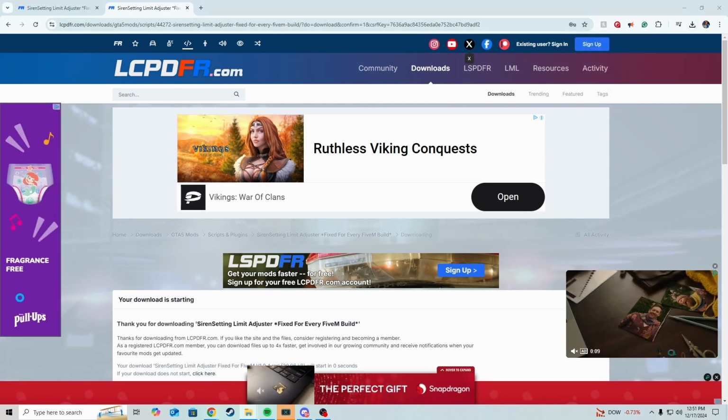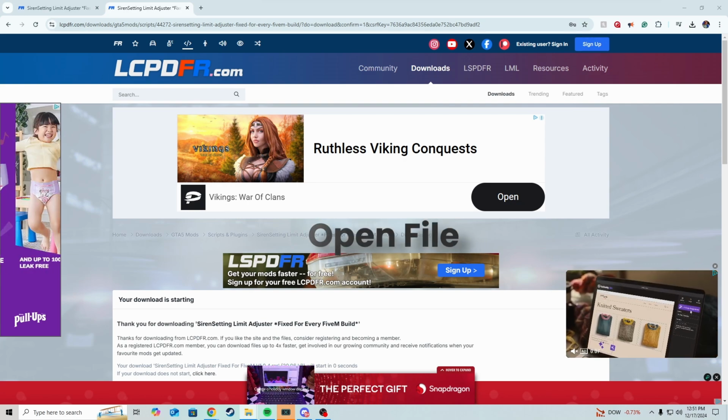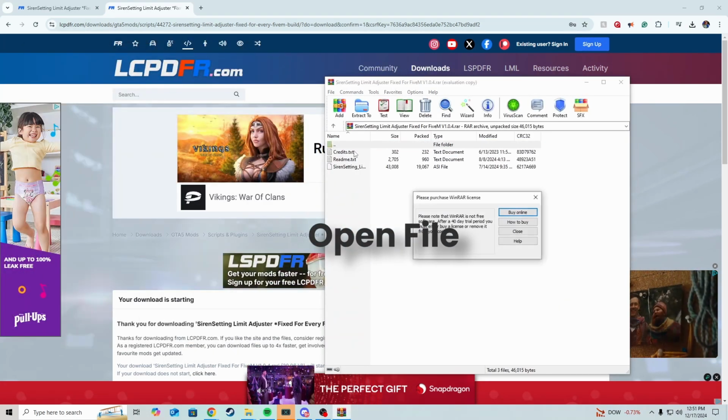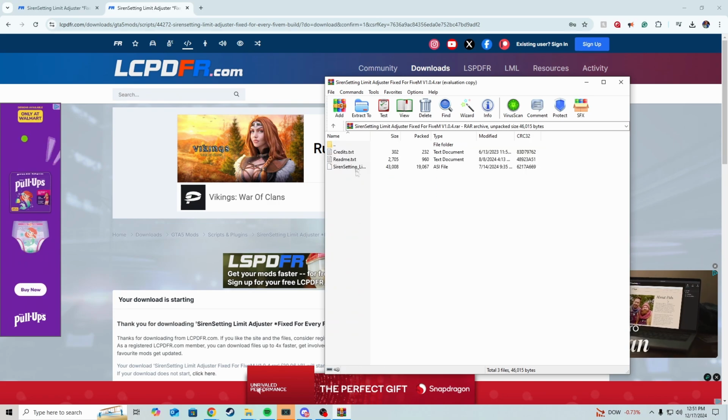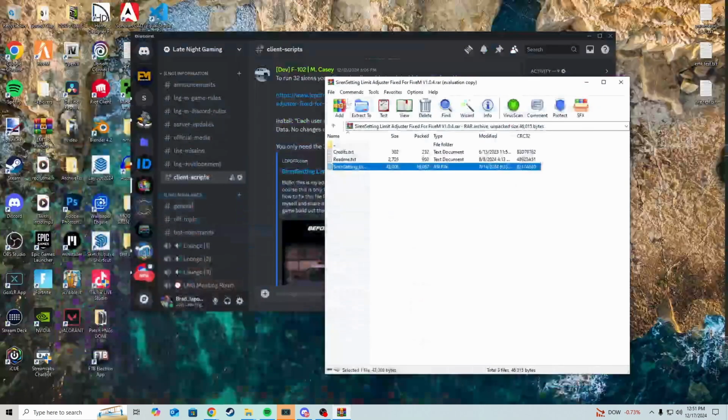And it has downloaded right here. So we open this up. You get these three little files here. All we need is this one right here. So what you're going to do